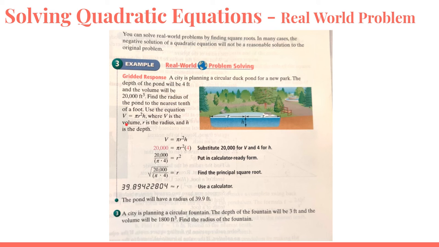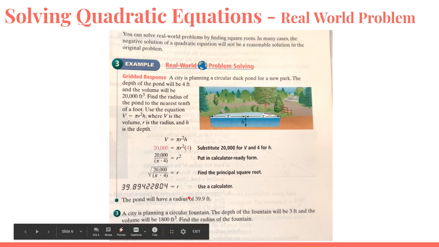They're giving us the equation to use, which happens to be the volume equation for a cylinder, and the definition of our variables. Awesome. They write out the equation, substitute into parentheses, and divide both sides by pi and 4. Go ahead and take the square root of this, throw it into a calculator, and round to the nearest tenths place, and we find that the pond will have a radius of 39.9, not positive or negative 39.9, because in